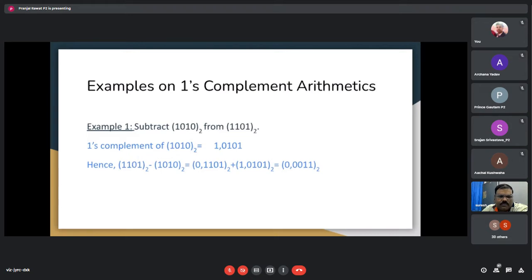There are examples based on ones complement arithmetic. For example, subtract 1010 base 2 from 1101 base 2. To do so, we first find the ones complement of 1010, which is 110101. Hence, the difference will be equal to the sum of the ones complement of 1010 and 1101, which is equal to